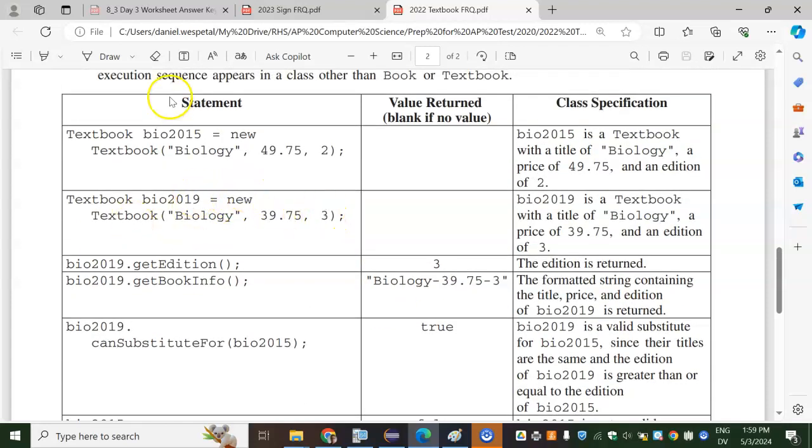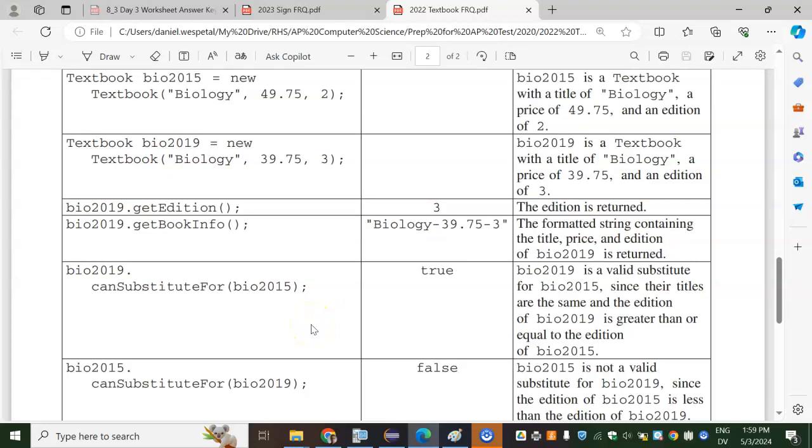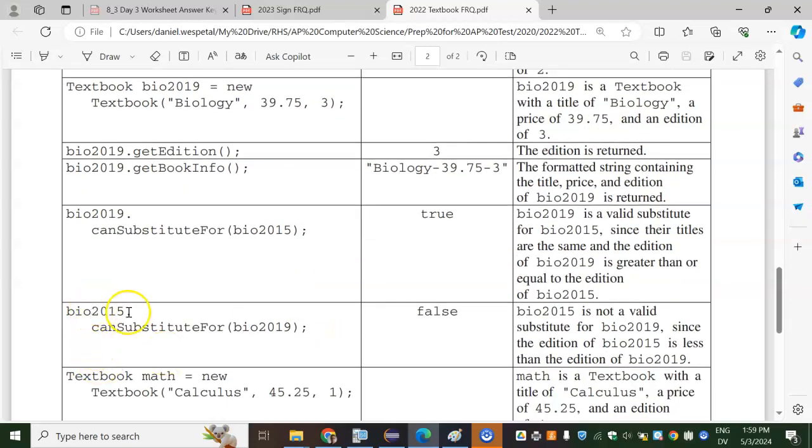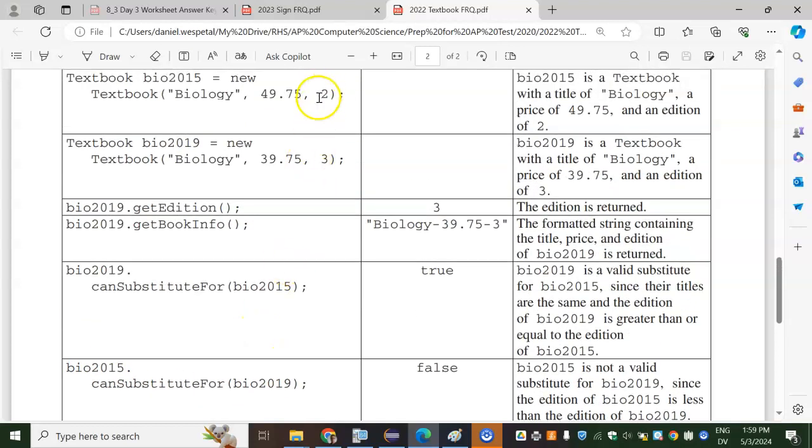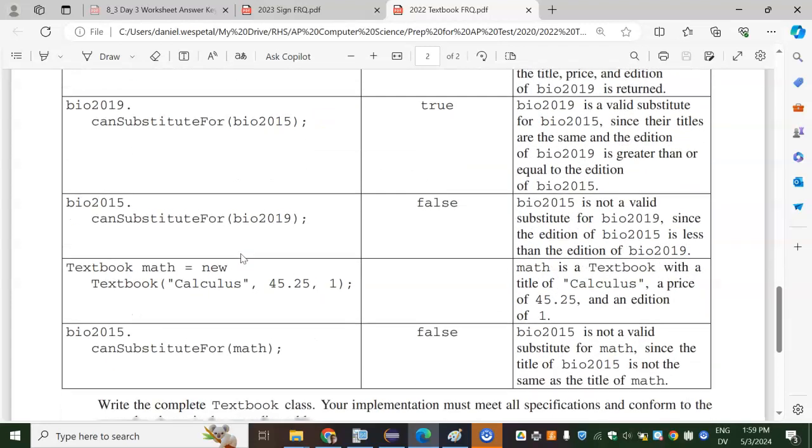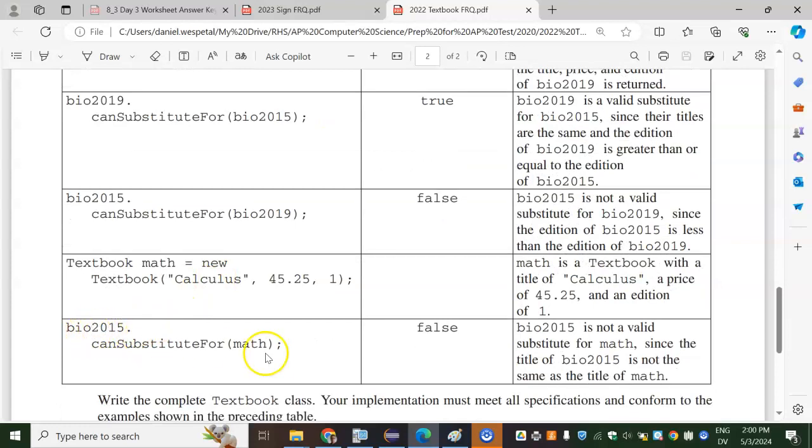Well, I mean, the year really doesn't matter, but I guess the version is newer, so it counts. Okay, but the reverse is not true. So 2015 can't substitute for 2019 because the addition is lower. Okay, and then they make a new math book and just show you that biology can't substitute for math. Right? They have to have